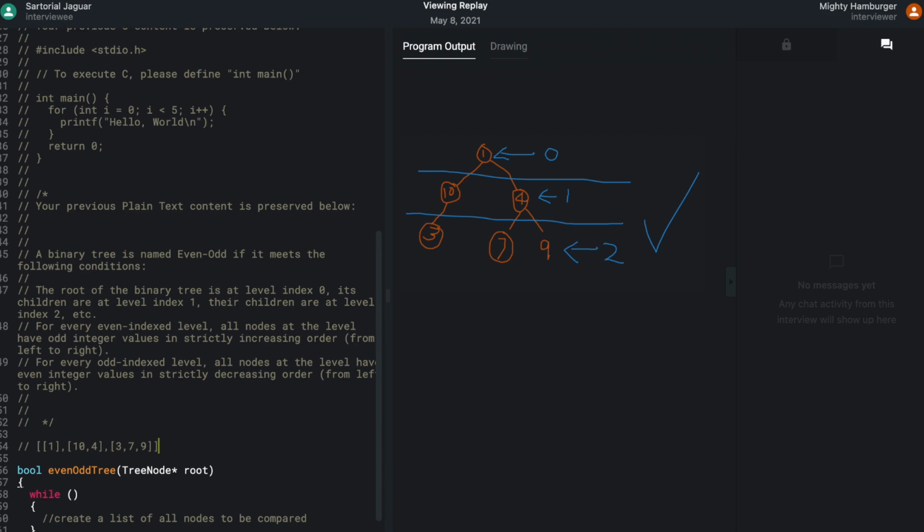Okay, so let's pretend we have this already. Can you write the rest of the methods to check if it's even odd if you're given this array now? Let's say we have a Boolean even-odd tree array function, and you're given this. I don't know how C++ does it, is it like that? I'd probably use an object. Yeah, you can change it to whatever you want. So could you write that out then?